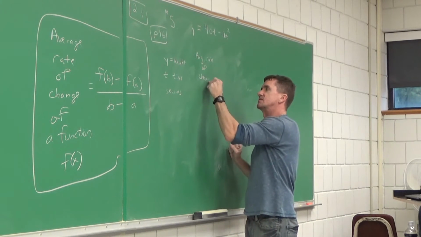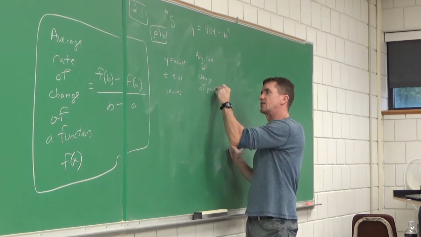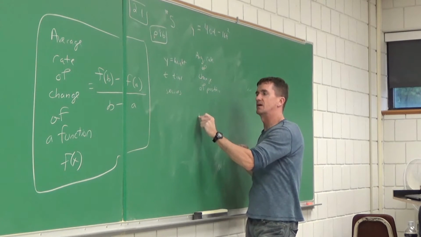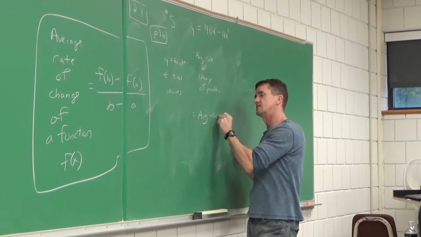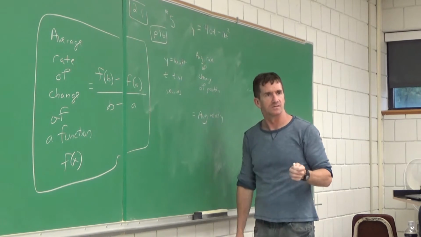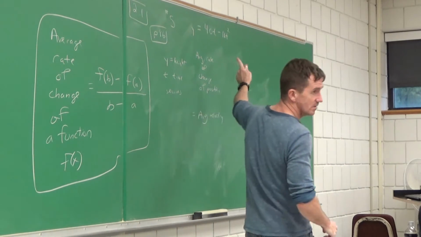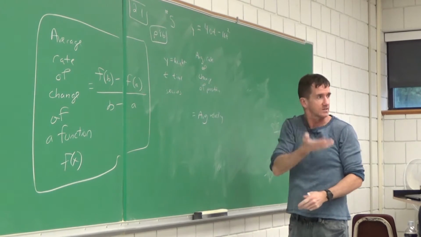We're going to find the average rate of change of position, height, with respect to time, but there's another word for that. And you go, what is that? It's just called the what? The average velocity, right? It's average velocity. That's what we're finding. So all we got to do is do f of b minus f of a over b minus a. All they do is just give us the time periods.